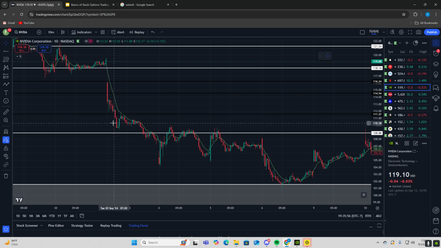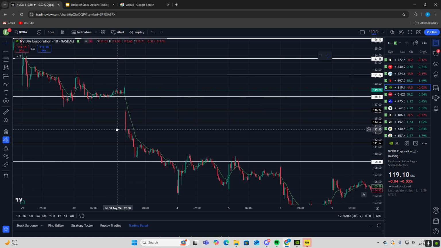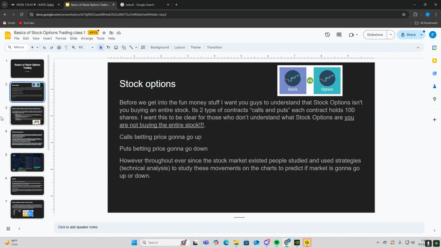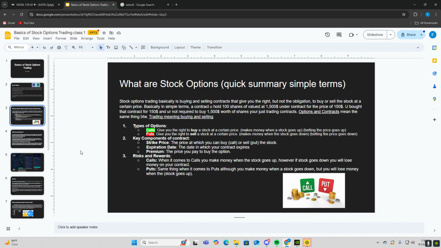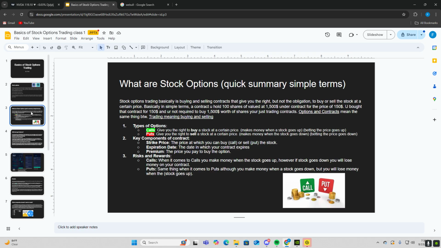But yeah, the stock market is coming down right here. If you play some puts, you'll make money when the stock market goes down. But if you're playing puts and the stock market is going up, then you're going to be losing money. Yeah, and then you guys are like, what the hell? How does that happen? So,